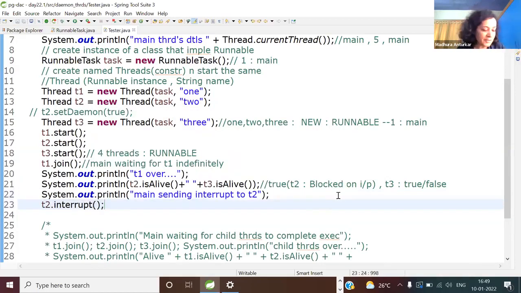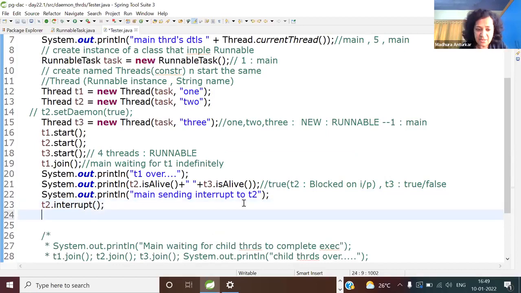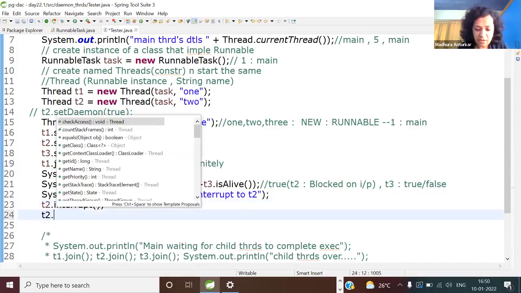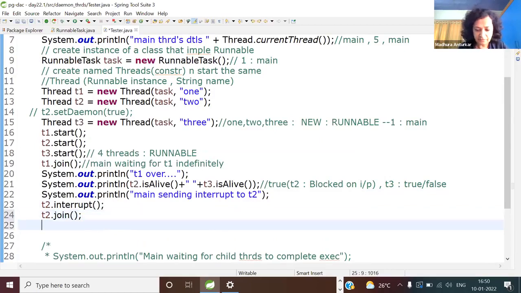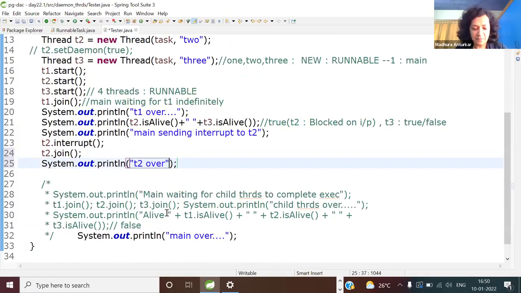All these things we did on the first day itself of the threads. So main is sending the interrupt signal to T2. And then I'm saying T2 dot join. And here I'm saying SOP T2 over. Simple SOPs I'm adding. I can send you this code just after the discussion is over, again giving you more insight about the threads, and then main over.